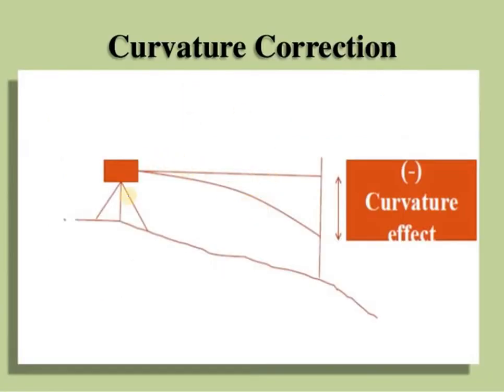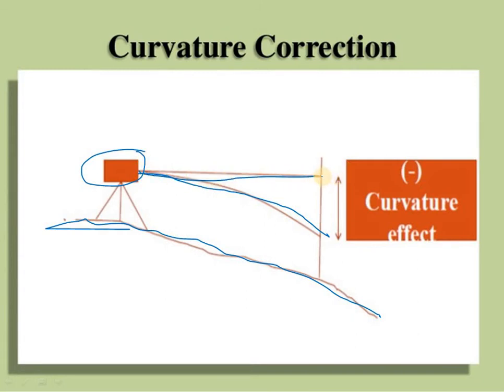These curvature errors we should find by using methods. You can observe here on a ground surface, this is our instrument and tripod stand fixed on the ground. We can observe the line of sight, and this is the horizontal line. The difference from the top position to here is called negative. When it comes in this position, we call it curvature effect negative. Under the ground level, the bottom position is called curvature. And the next one is refraction.